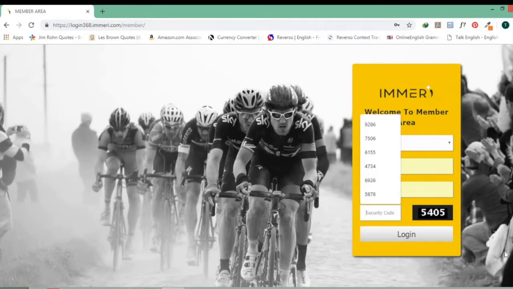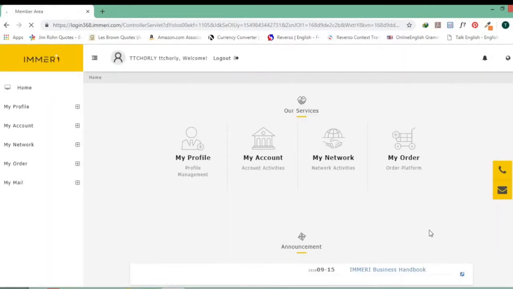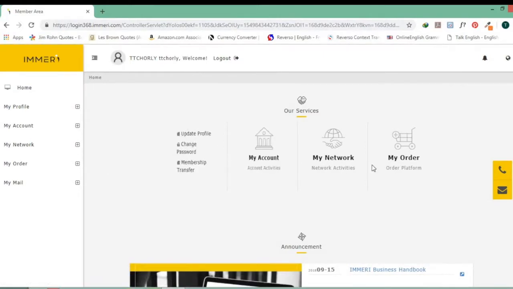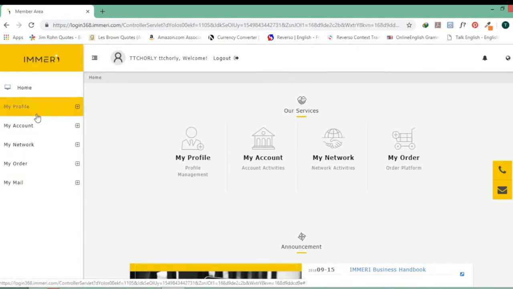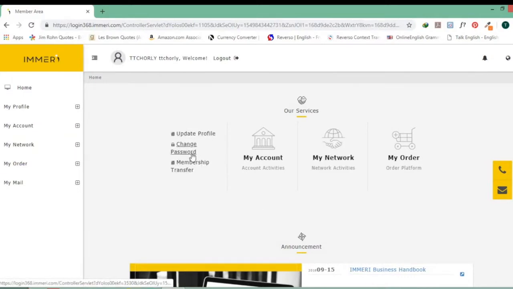So here I have 5405. So this will take us directly to our back office, and basically this is what you see. Now this here is the same as what's on the left side. Either you use what's on the left side or you use any of this. Right now, if you want to see your tree, basically you have my profile, which has details about your